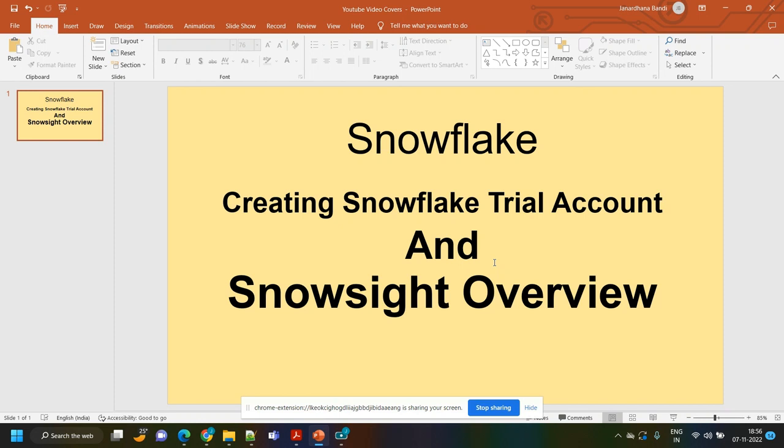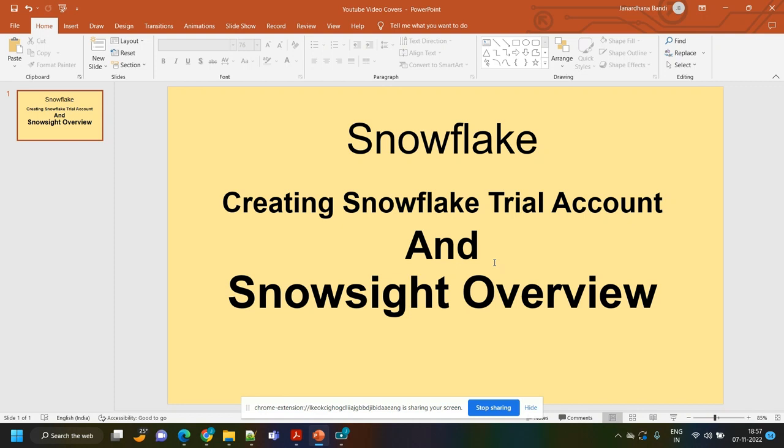Many people are asking me what software we need to install to practice Snowflake. Actually, we don't need any software, any drivers, or any SQL clients to be installed to practice Snowflake. It's completely web based. You can create a trial account with Snowflake, a URL will come, and you can log into that URL by providing a username and password, and there you can practice complete Snowflake. I will explain how to do that today, as well as